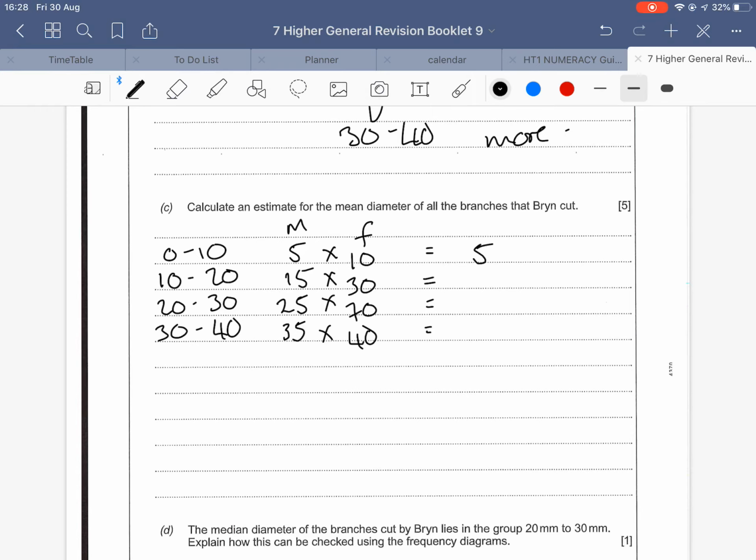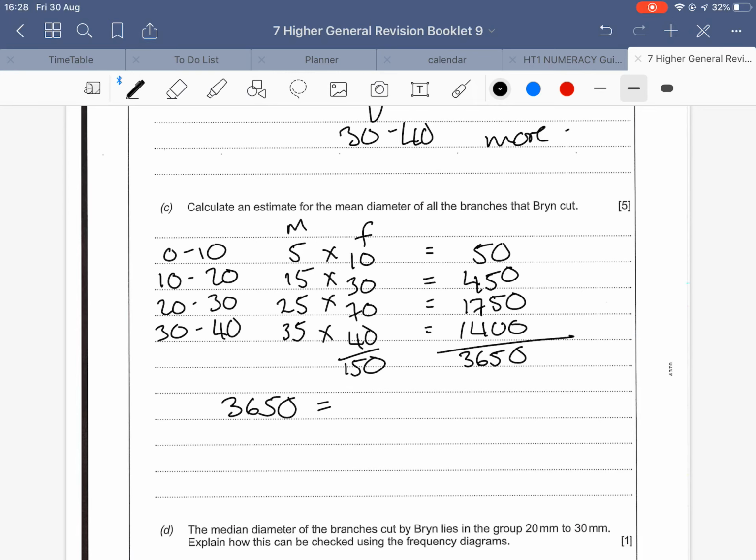So 10 times 5 is 50, 15 times 30, 4 times 50, 25 times 7, 17... 1750, and 1400. Add those up, and we get 3650. As soon as you add them up, you divide by our total frequency. So our total frequency is going to be